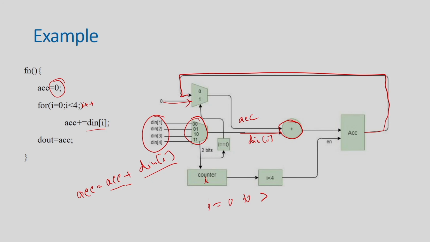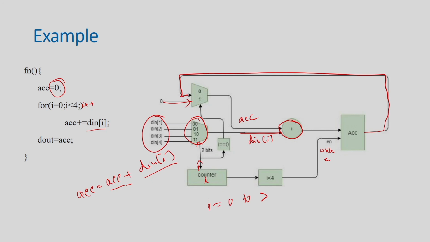This is how this counter will work, and that particular counter, this direction should be in the reverse. So, this will be the selection of this data, right, because if it is I equal to 0, I am going to select this, if it is 1, I am going to select this, and so on. So, this is how I can select the data based on this I value, and also this I less than 4 will be the write enable for this accumulator register. Accumulator is a register. So, till the time it is less than 4, I am going to write, after that I am going to stop.